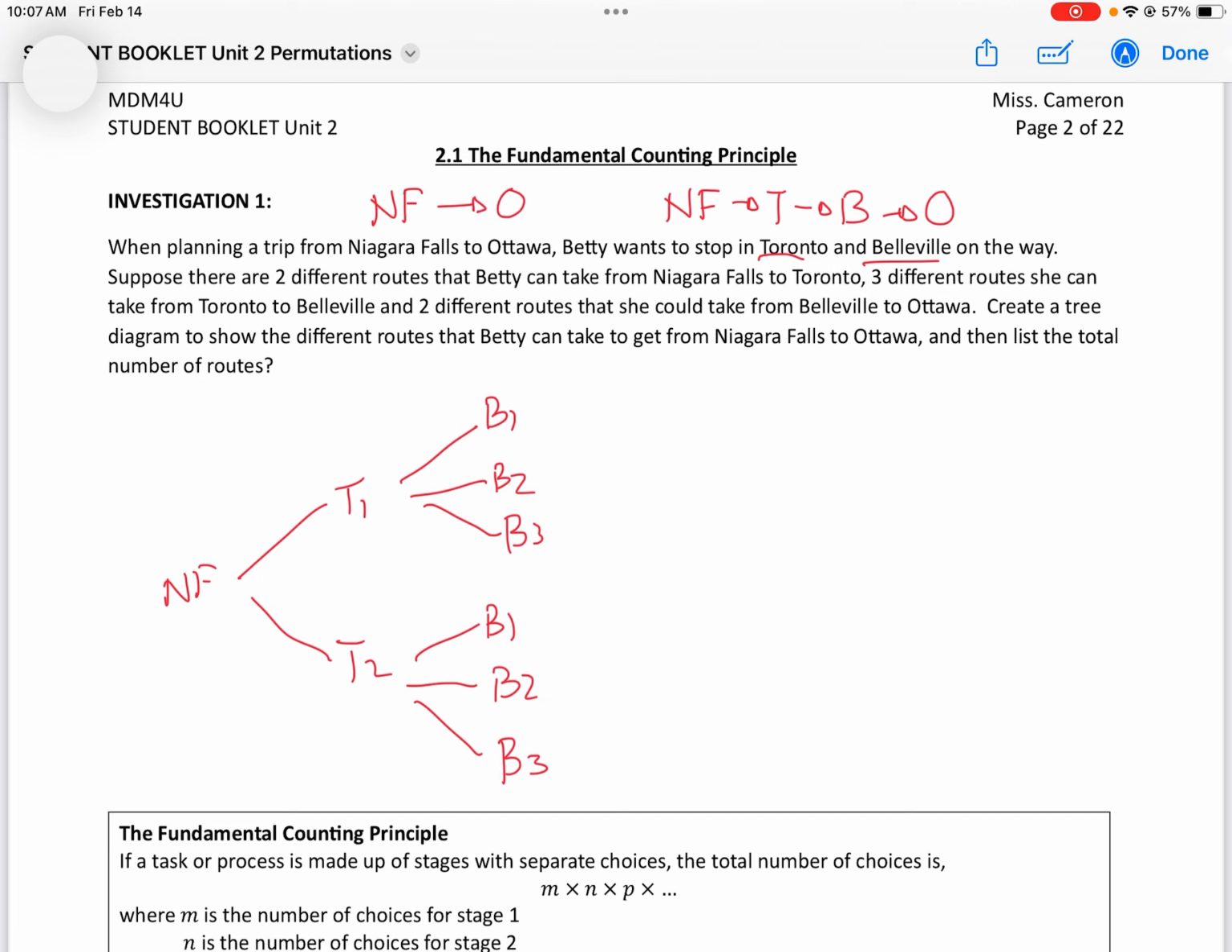And 2 different routes that she can take from Belleville to Ottawa. So Ottawa 1, Ottawa 2, for each of the Belleville routes. So, create a tree diagram, which we already did, to show the different routes that Betty